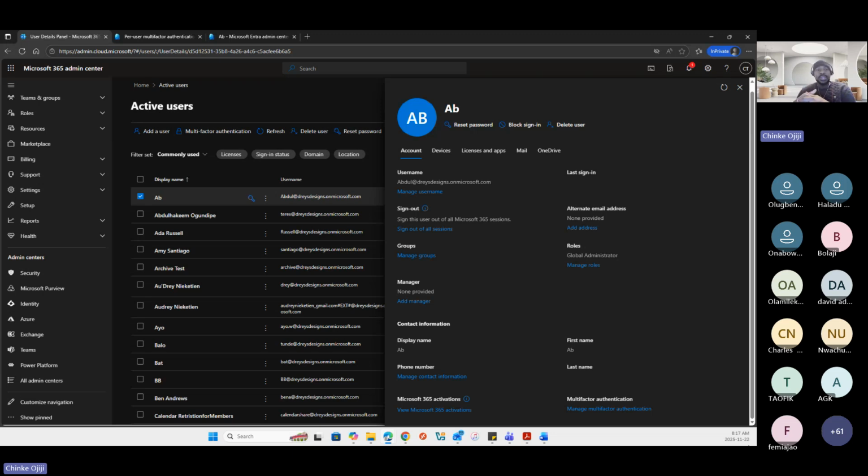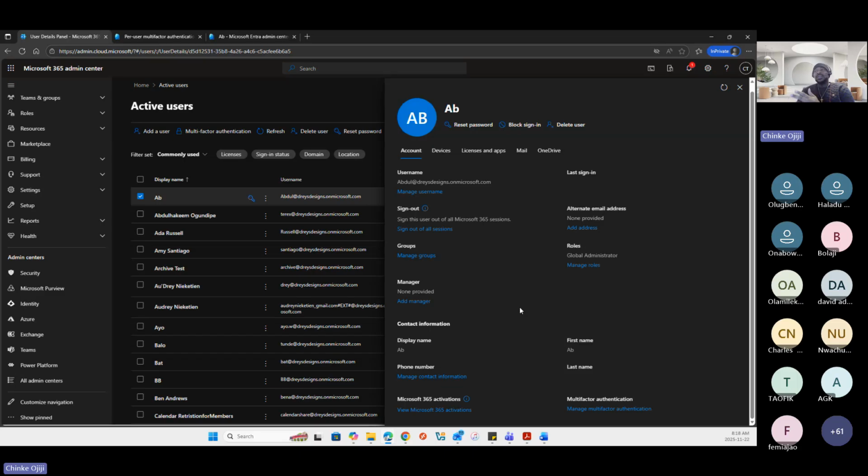And in doing that, two things you can check. You can check the security defaults of your organization, organization wide, or you can check the multi-factor authentication just for that user to ensure that it's enabled and enforced.